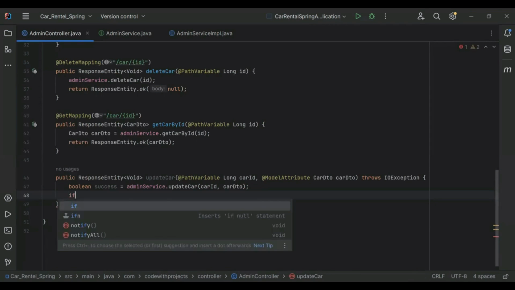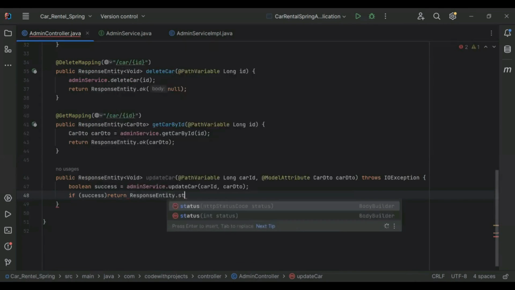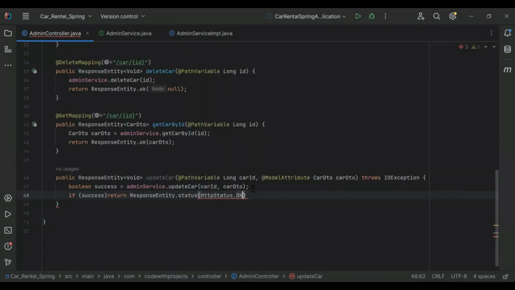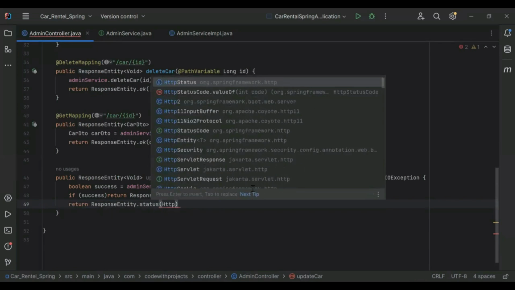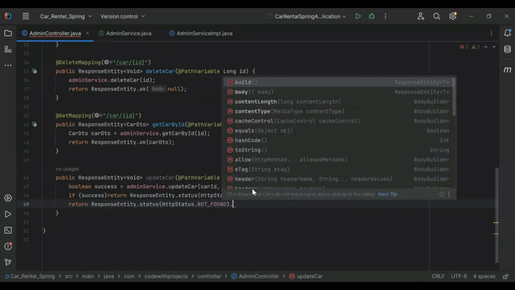After that, I'm going to add the if condition where we check if we receive true, then we return ResponseEntity.status(HttpStatus.OK).build(). In case we got false, then we return ResponseEntity.status(HttpStatus.NOT_FOUND).build().